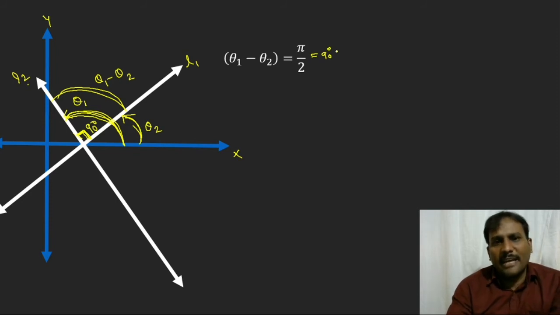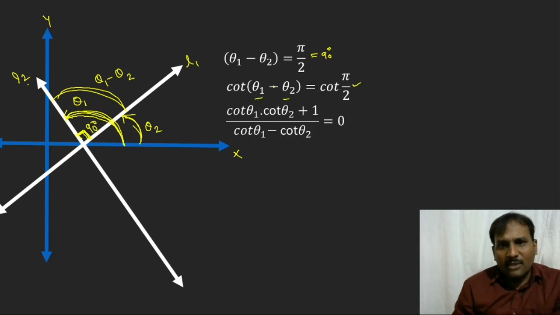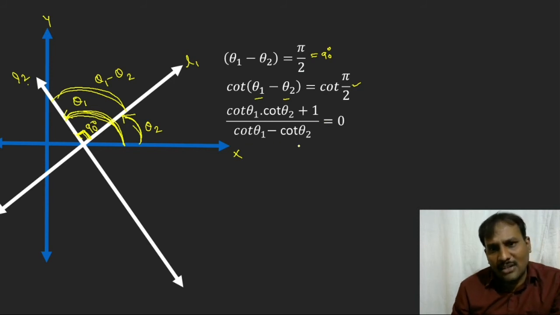Now let us apply cot on both sides. Cot of theta 1 minus theta 2 is equal to cot pi by 2. So what is the value of cot pi by 2? Cot 90 value is 0. And what is this formula? Cot of A minus B is cot A cot B plus 1 by cot B minus cot A. So cot theta 1 into cot theta 2 plus 1 by cot theta 1 minus cot theta 2 is equal